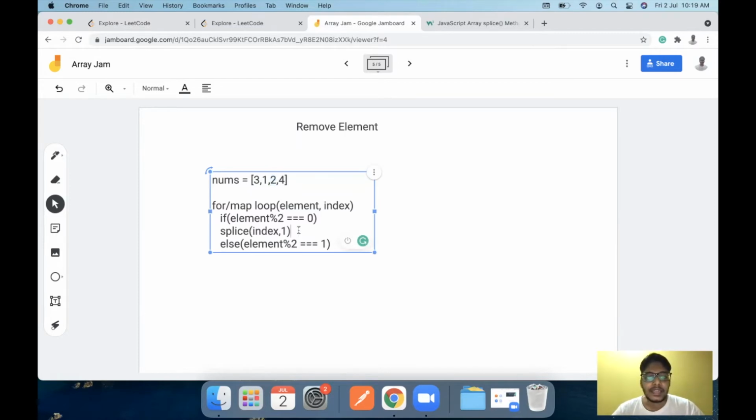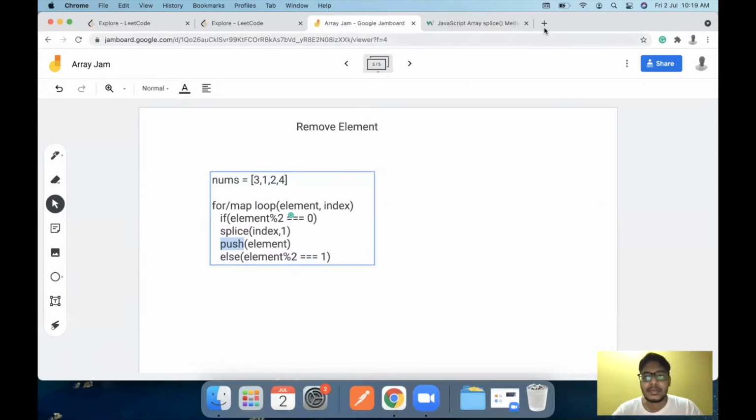But the next thing that we need to do is add that element towards the first part of the array. And for that, we can just push the element once we are done with the splice operation. So we will push the element towards the start, and by that, okay, my bad. We cannot use push. Push will add it towards the end of the array, that is from the right hand side.